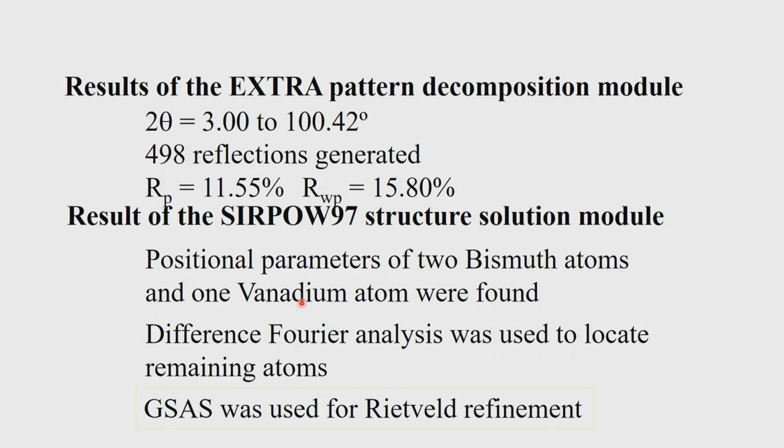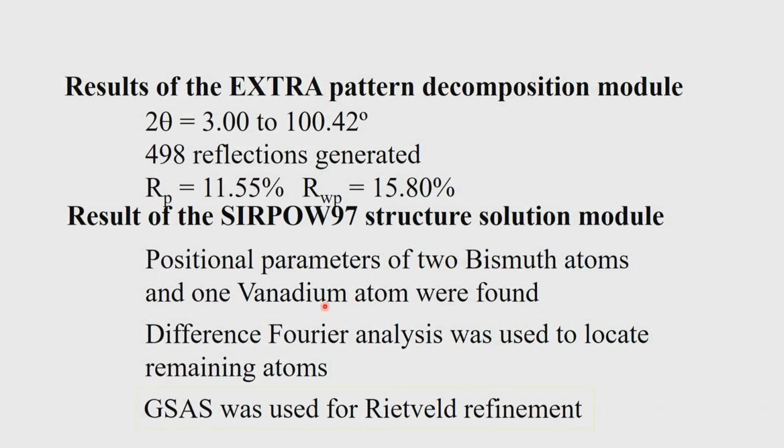And using that information, we now went on to use the Patterson synthesis. So, 498 reflections, we used the Patterson method. We also used the direct method. And then in both cases, we were able to identify two bismuth atoms and one vanadium atom uniquely, because these are standing over and above the oxygen atoms which are present. So, once we have this information, we cross checked using both the methods, and Patterson gave directly the two bismuths and one vanadium. We verified this by running the direct methods also, and found out the two bismuths and vanadium are reasonably well located with a good overall R factor associated with these 498 reflections.